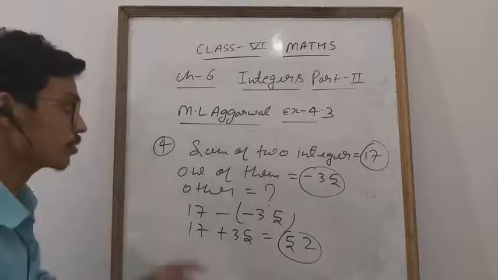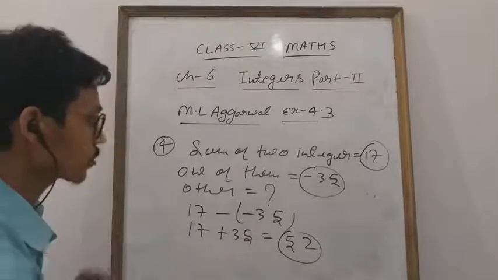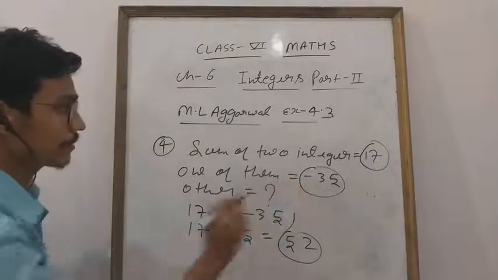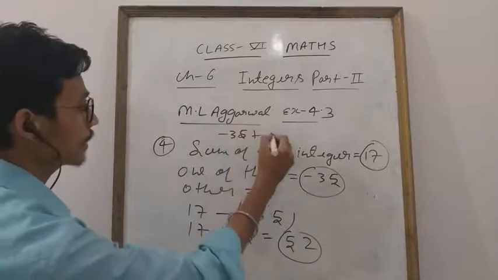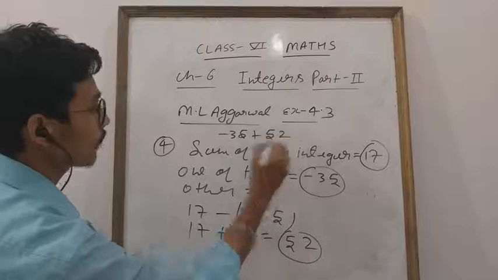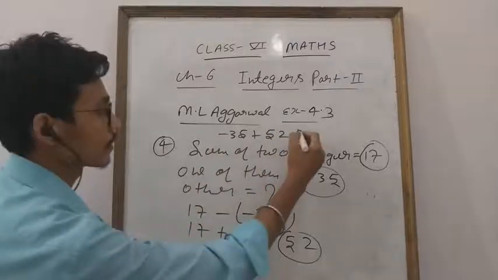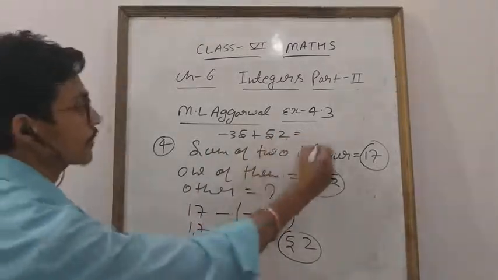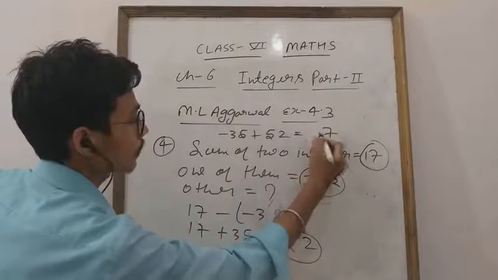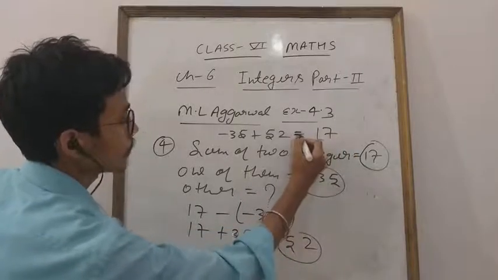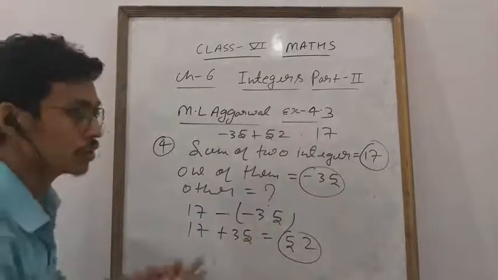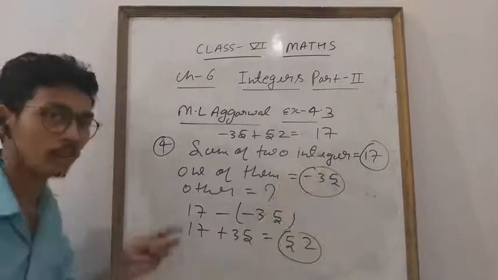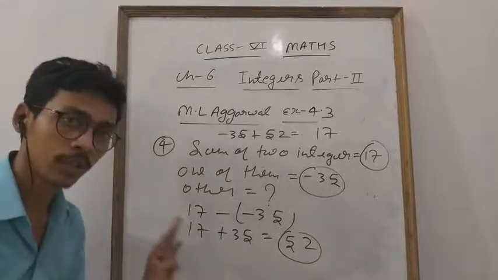Now you can check also, but you don't have to check. I am showing you. See, the sum of two integers is 17. So the first integer is our -35. The second integer comes 52. Now find out minus plus minus. So minus you will do, and you will get 12 minus 5 is 7. 4 minus 3 is 1. And which sign will you use, student? You know that 52 is greater, so you will use what? Plus sign. So plus you will not write down. So simply you will do like that.